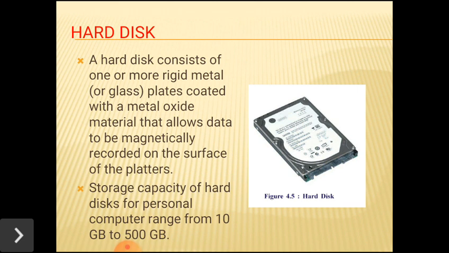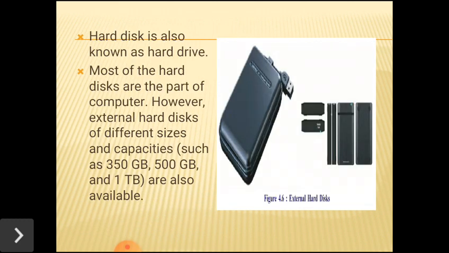Thus, a hard disk allows modification once the content is stored. A hard disk platter spins at a high rate of speed, typically 5400 to 7200 revolutions per minute, means RPM. Along with one or more platters, a hard disk also contains some read-write heads which read and write data on the disk platters. Hard disk.